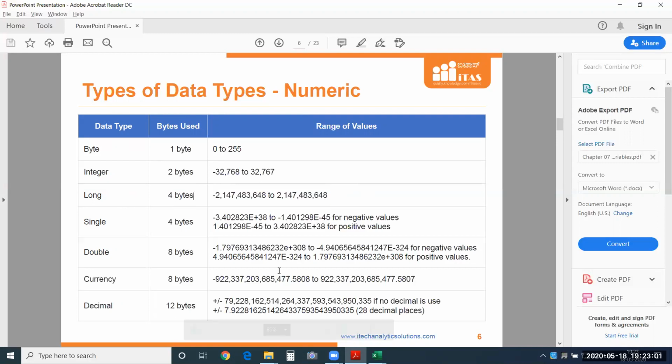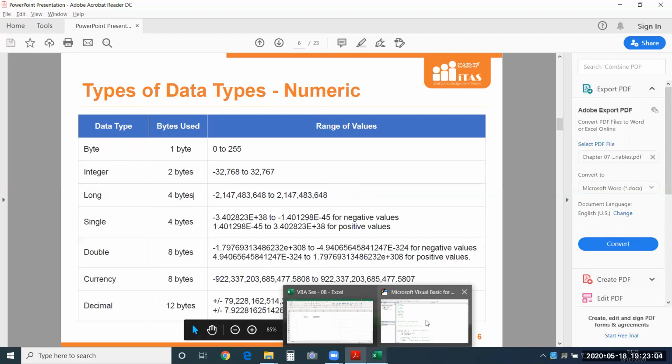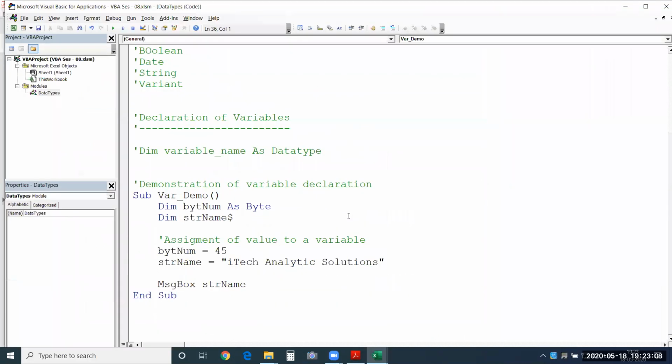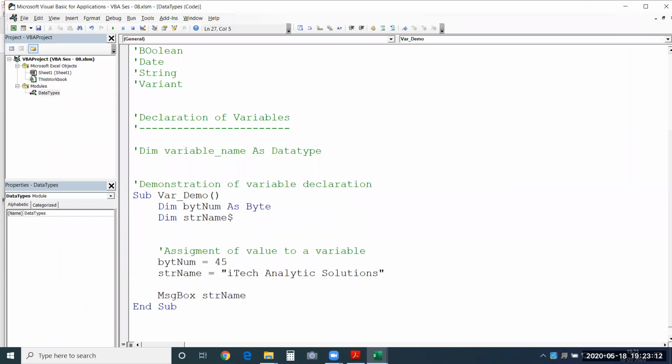Now we can go by long. That's a safe way. Now let me go here. I'll just say dim, and I'll mention LNG for long and say salary as long here.